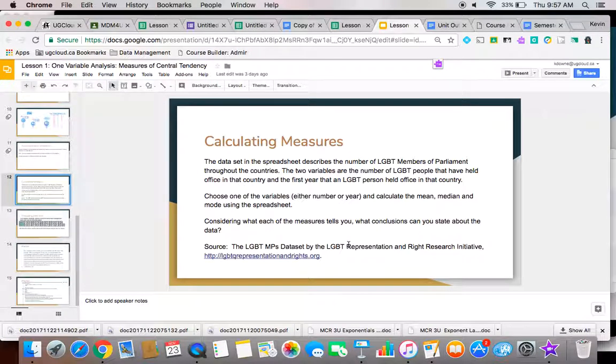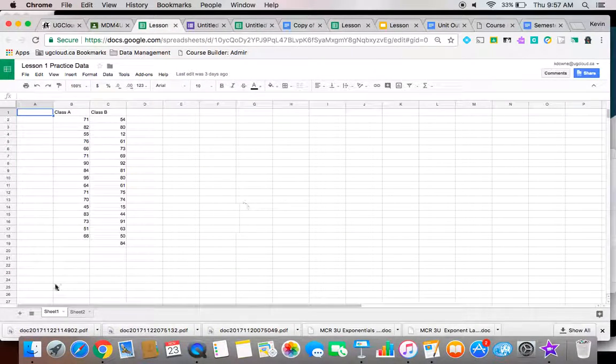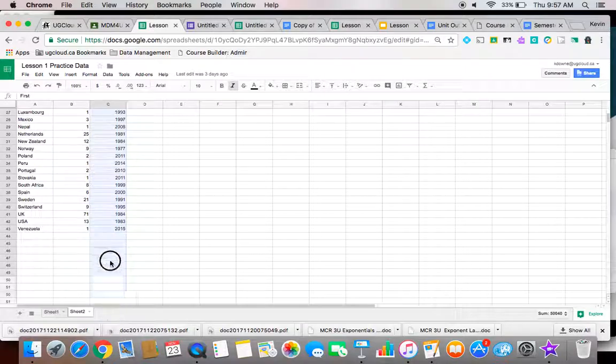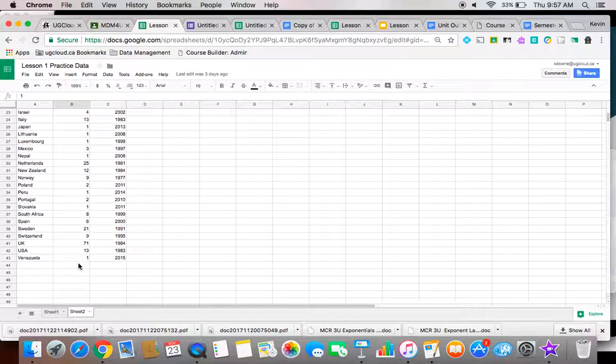Okay, so we're going to look at this data set here, the LGBT MPs data set. When we look over at that data, you can see all the countries here, the number of people holding office, and then the first time that it's been recorded that somebody's held office as a member of parliament. So to calculate average, what we actually do is we type in equals the mean, and then we can